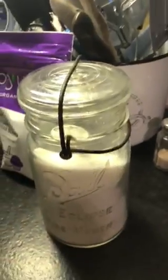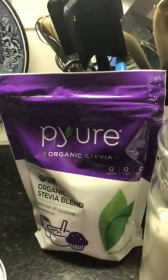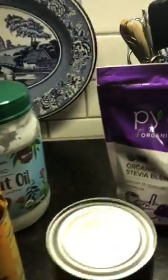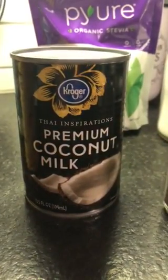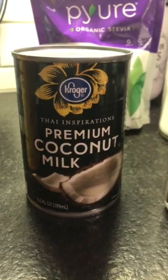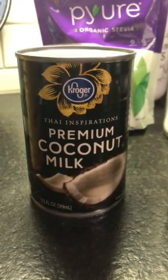And then you put all the other ingredients into a saucepan. So I put 1 teaspoon of stevia erythritol mix. It called for coconut cream, but I only had coconut milk. So it is 1/2 cup of coconut milk or coconut cream,